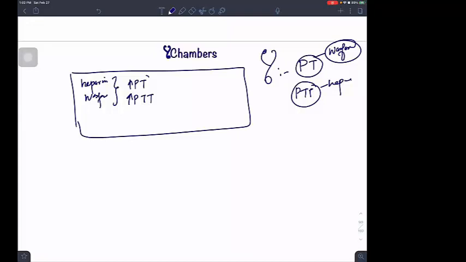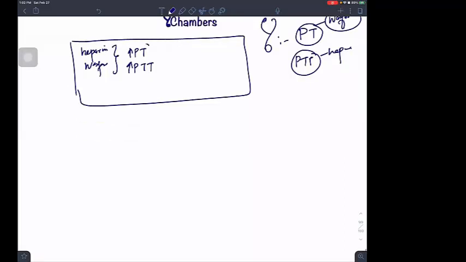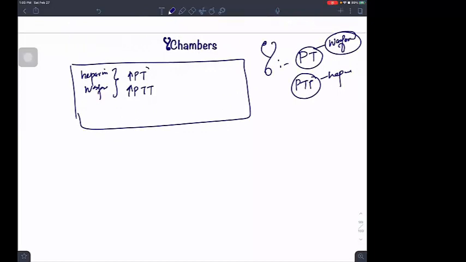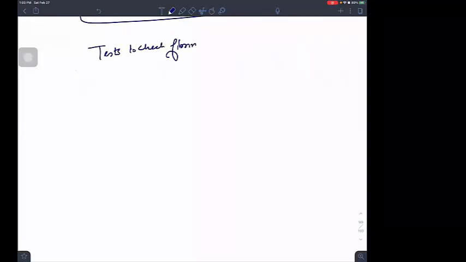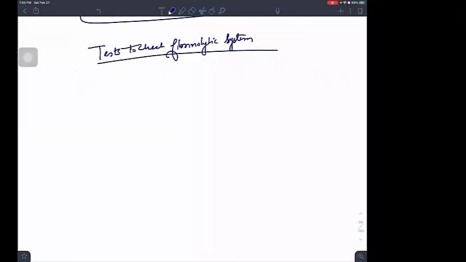Okay. So let us talk about some tests to check whether my fibrinolysis is happening very nicely or not. This is the most important content you have to remember for your clinical practice. So another thing I would say, what are some tests to check the fibrinolytic system? Tests to check the fibrinolytic system. If I have to do fibrinolysis, again we come to that question.